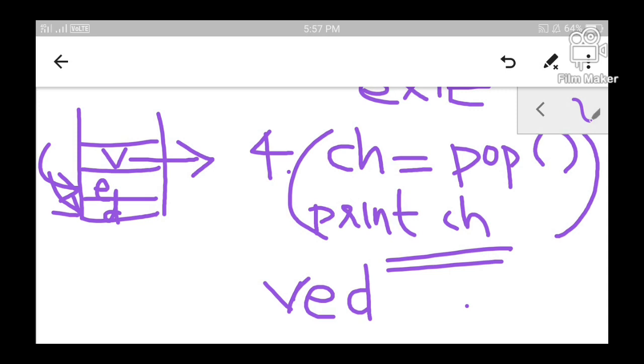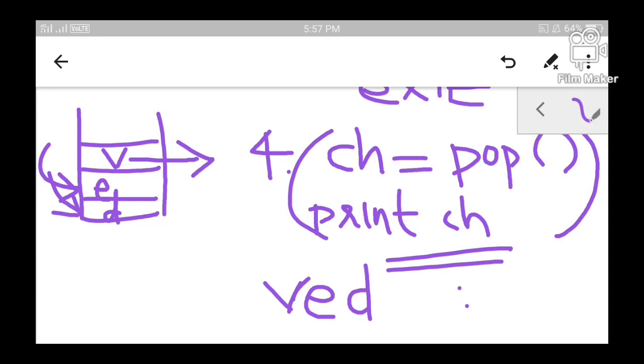Okay, so in this way I have read all the characters from the stack. Again proceeding further, we will check whether the stack is empty or not. After deleting 3 elements, the stack becomes empty and there are no more elements to be printed. Since there are no elements to be deleted, we can exit from the algorithm. So this is a clear-cut algorithm which can be used to reverse a string.